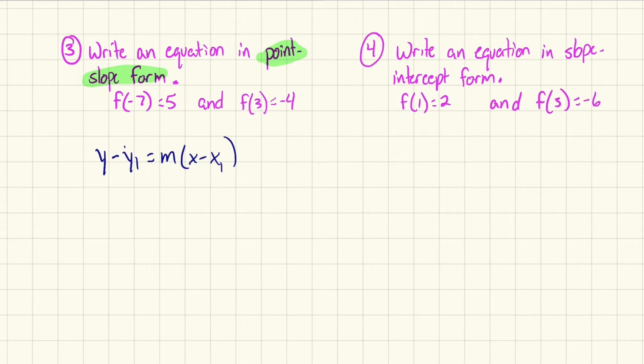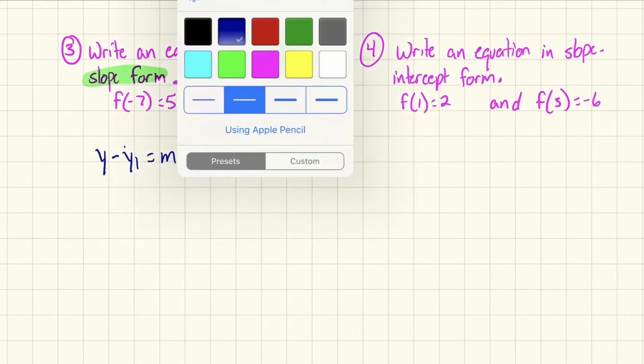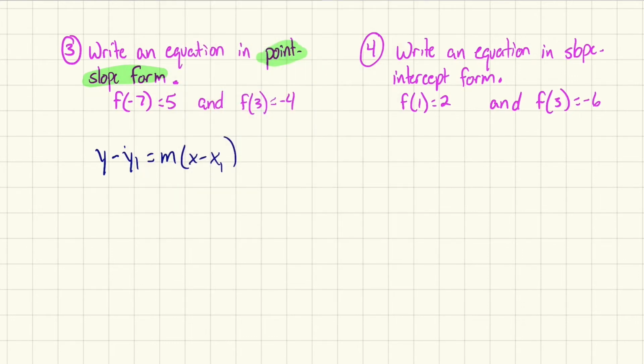Now we're dealing with our function notation. Anytime we're dealing with function notation, we're dealing with points. They're just giving you points in different ways. So here's how to handle points that are given to you in function notation. If it's inside a parenthesis, that's going to be your x value. If it's what everything is equal to, that is your y value. Same thing over here. X value is the 3. Y value is the -4. I know it looks weird, and some of you are probably thinking, like, why don't they just give it to us the other way? It's so that they can test you on understanding different notations